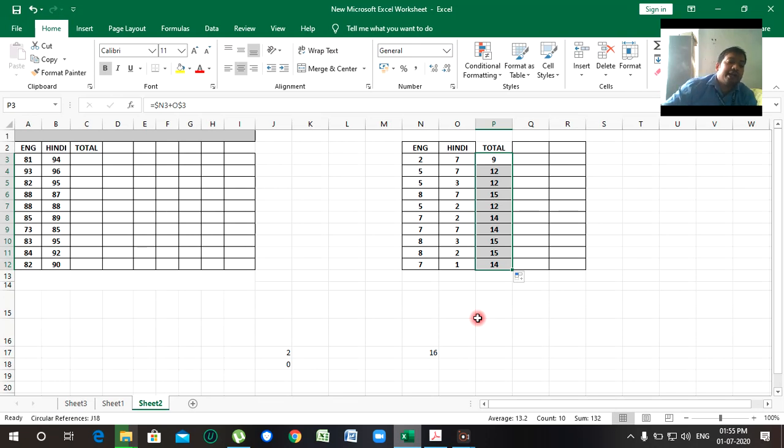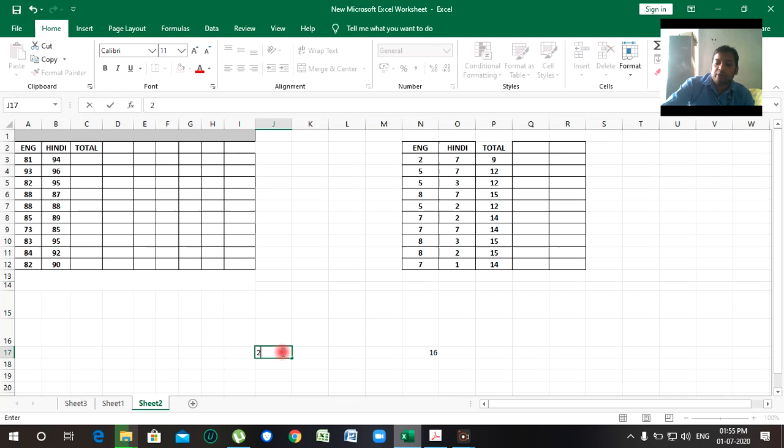Now here we are going to discuss the circular reference, which means I am going to perform the circular reference. Now see here, for example, I have put 2 there, and here I am going to apply another number. Now I am going to apply the circular reference.